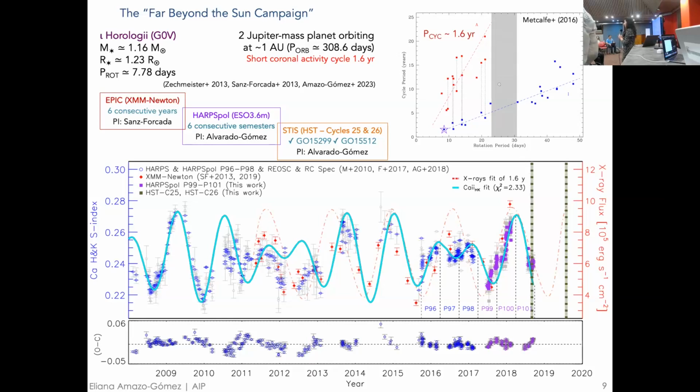It's a working process we are doing also with Gustavo Guerrero to understand why we have this beating pattern, while in the Sun we have this clear correlation of the 11-year activity cycle with our rotation period. It's something that we still have to dig into a bit more, but we are now running dynamo simulations to understand that. Okay, thank you very much.